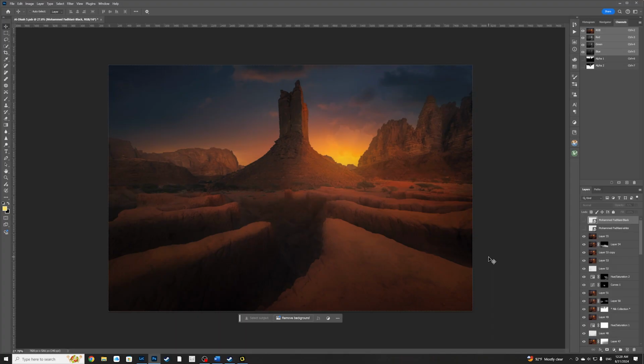So, this image, which I named The Dawn of the Spire, is really one of my personal favorites. It was taken in the southern region of Saudi Arabia in a place called the Valley of Al-Disah, or Wadi Al-Disah. Amazing place. It's just so rich with these rocky formations that you think they're mountains, but they are actually rock formations. Incredible amount of compositions that you can come up with in this place, and we've spent around 7